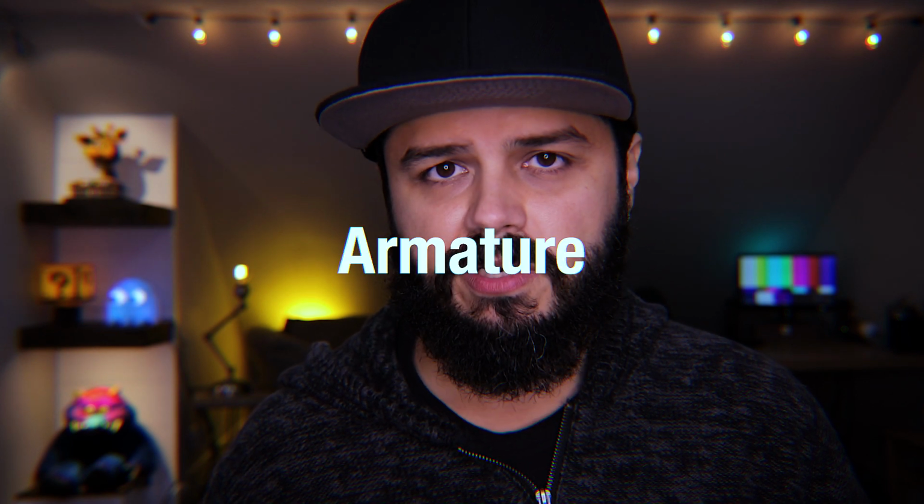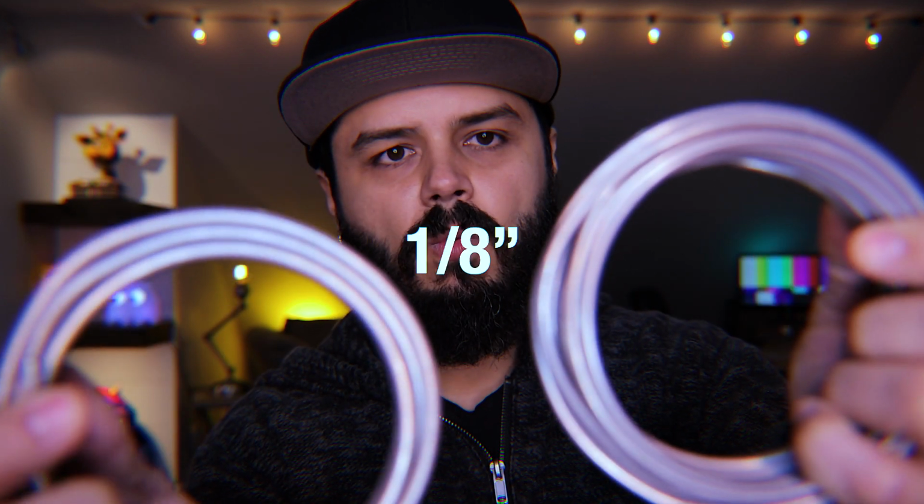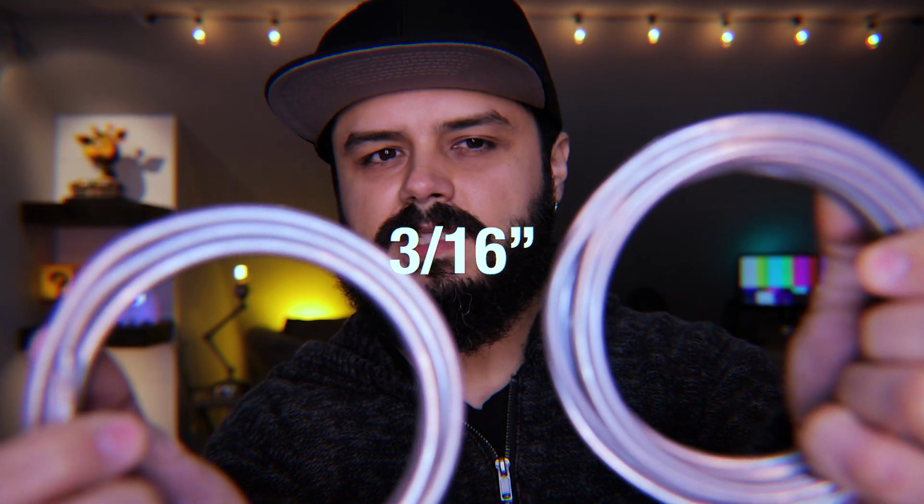Now, before you start sculpting with clay, you're gonna need to make an armature, and that's basically just a skeleton or understructure that the clay will adhere to. Usually it's made out of wire. There's all different types of wires. This is 1/8 and 3/16 armature wire. These are the most common types that I use. I've got an old roll here,